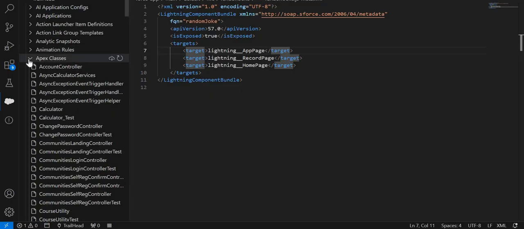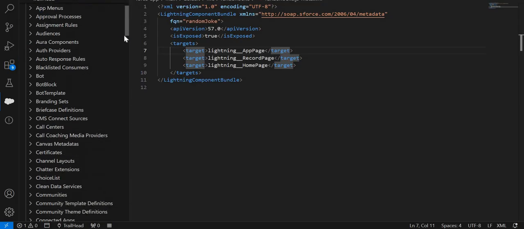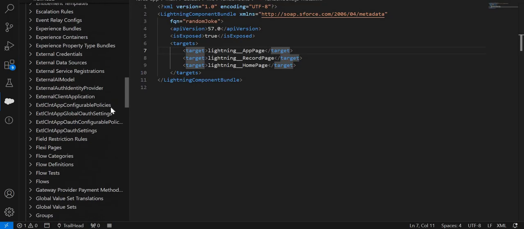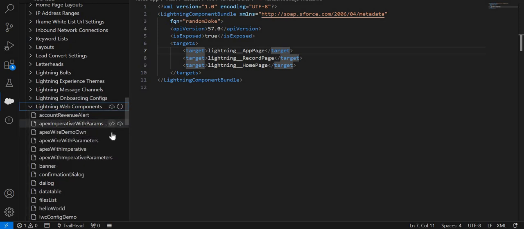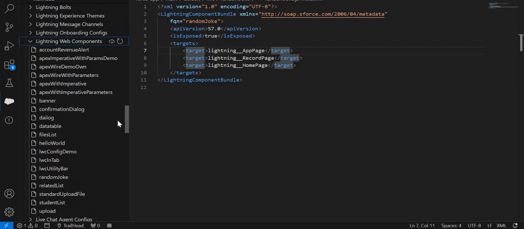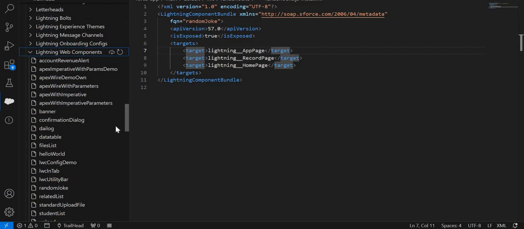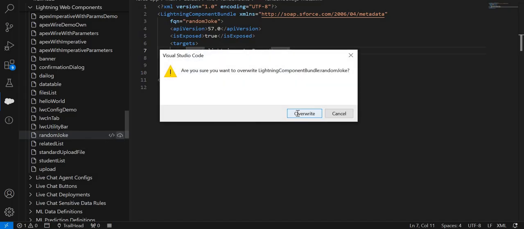For example, if you want to modify any LWC, go to Lightning Web Components here, download the component that you want to modify, modify it and deploy it back. In our case, let's take the joke component. So what is random joke? Let's download this, overwrite,